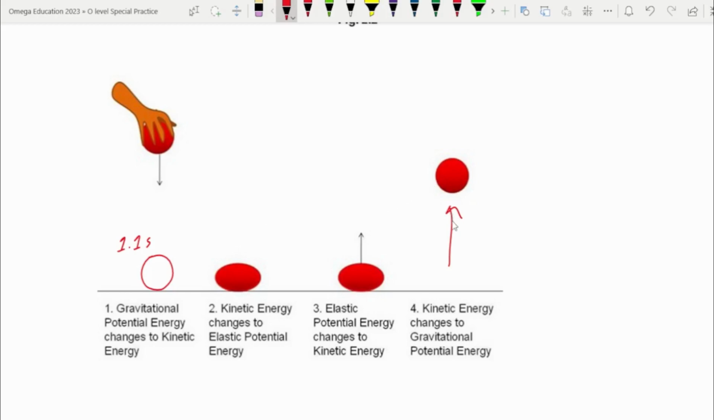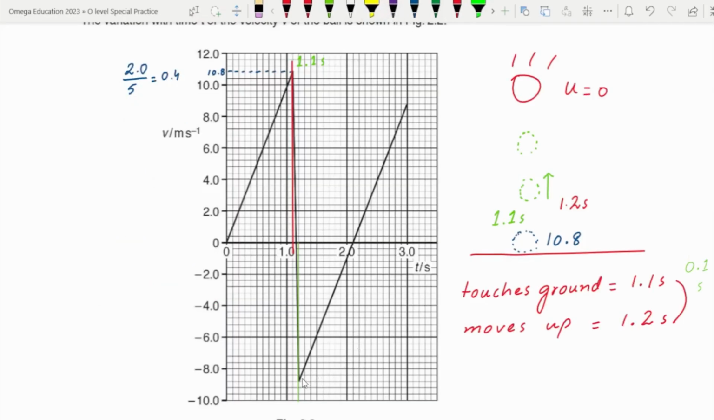So the time at which the ball rebounded was 1.2 seconds from the graph. So what happened in the remaining 0.1 second? The ball was being compressed and stretched, which is due to the elastic nature of the ball. So this is a point where the ball started to rebound and it's moving upward. Its velocity is being decreased,